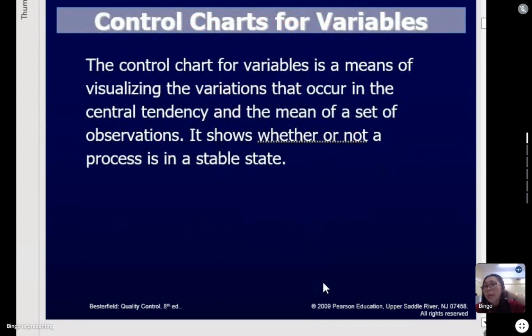So, kailan ba natin ginagamit si control chart for variables? Okay? So that one is a means of visualizing the variation that occur in the central tendency and the mean of a set of observations. It shows whether or not a process is in a stable state. Okay? Kasi if you're going to visualize that,